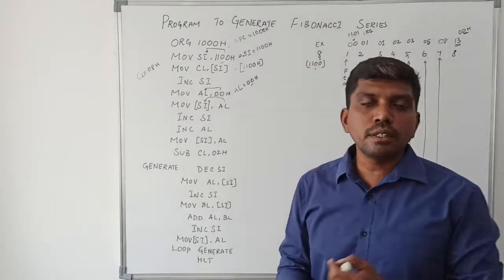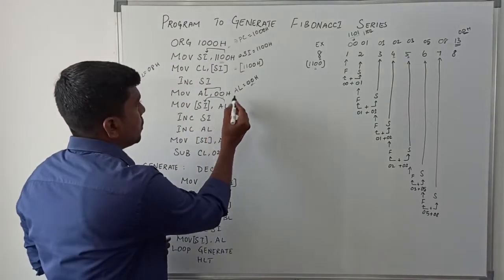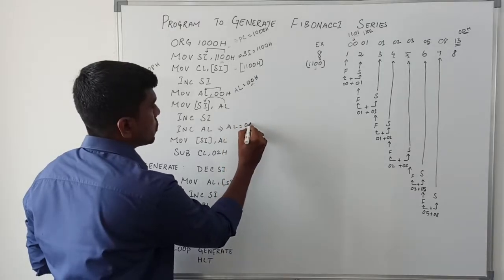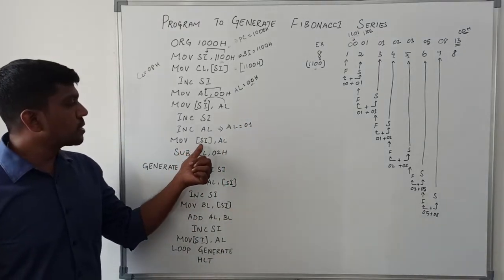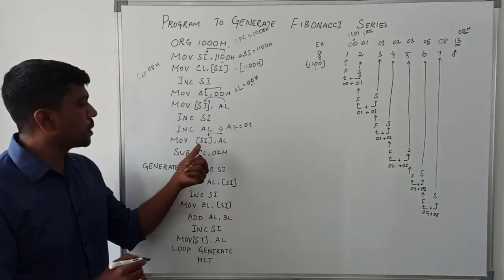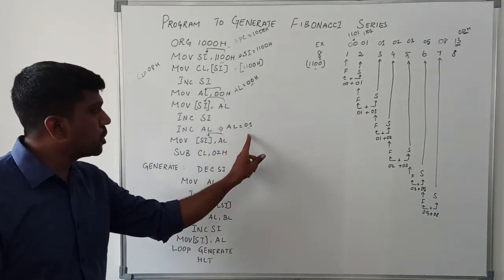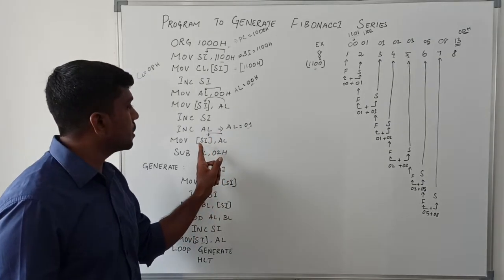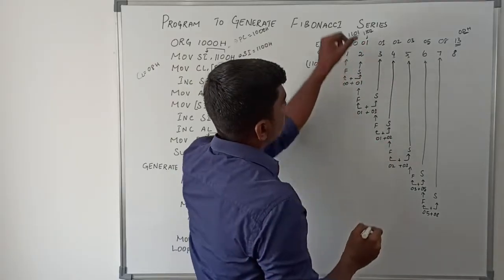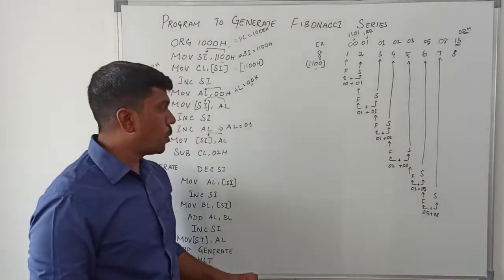So now increment the accumulator content, you can get the second data. AL value is 00. After incrementing, now AL register content is 01. Then MOV [SI], AL. So whatever value is present in the AL register, that content is transferred to [SI]. Now the AL register content is 01, so this 01 is transferred to the memory location 1102. After execution of this instruction, 1102 holds the 8-bit data 01.